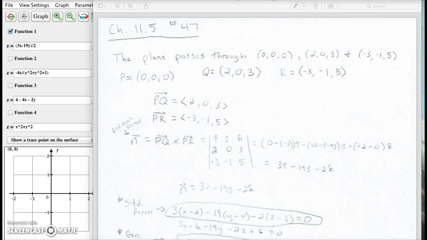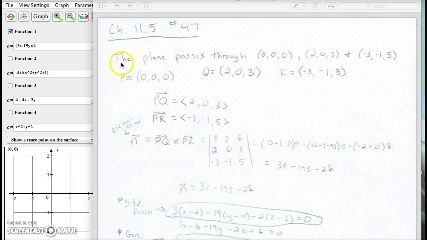Hey guys, my name is Steven Sell, and I'll be going over how to find the equation of a plane that passes through three specific points. This is chapter 11.5. And so I'm going to do the example from the textbook in chapter 11.5, number 47,